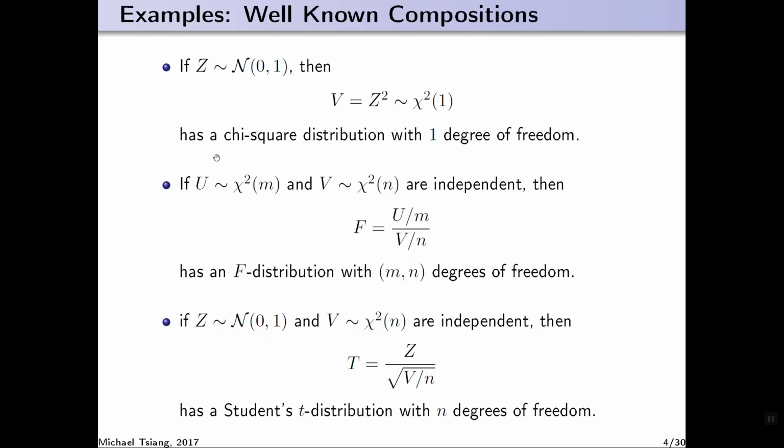And if you have U coming from the chi-squared distribution with m degrees of freedom, and V coming from the chi-squared distribution with n degrees of freedom, and they are independent variables, then you get F, which is the ratio of these random variables over their degrees of freedom, and you get the F distribution. Where do we see the F distribution appear? We see F appear in ANOVA. The F statistic is found by doing,